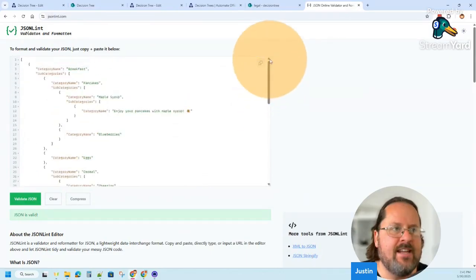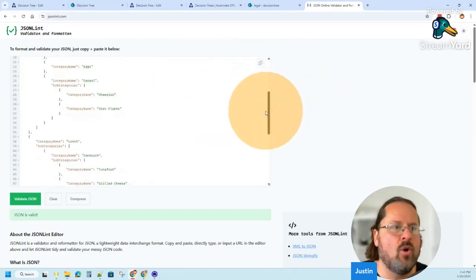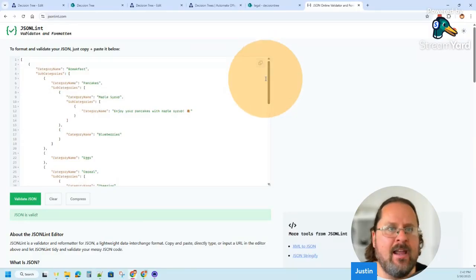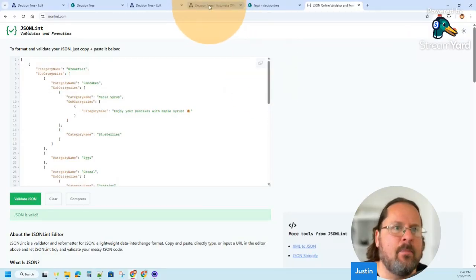Now, all of that data is kind of like a bulleted list. All the categories are indented at different levels to show us all of this data. And this is how we're storing the data in the back end. If I go back to my editing page,